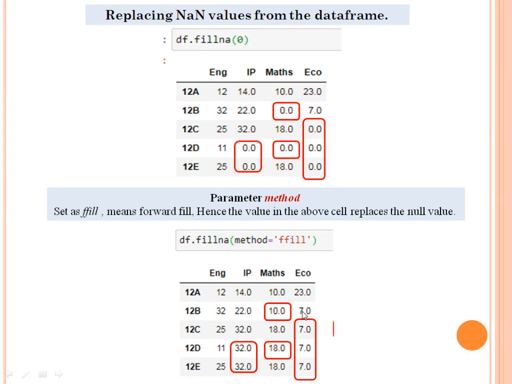Like this, 7 shifted the values in all the NaN values. Am I clear? So if I use bfill here, what will it do? It will display the next value in the above NaN values. So children, you have to do it and see what the effect of bfill is. Okay.